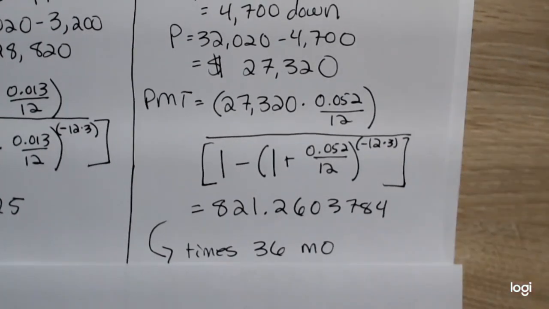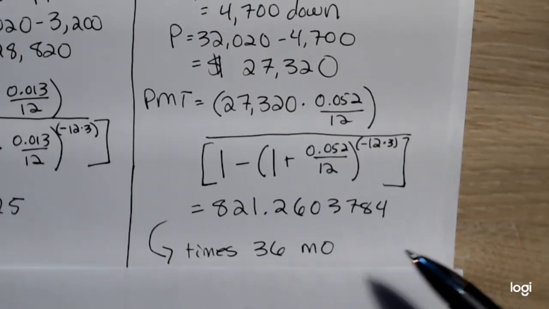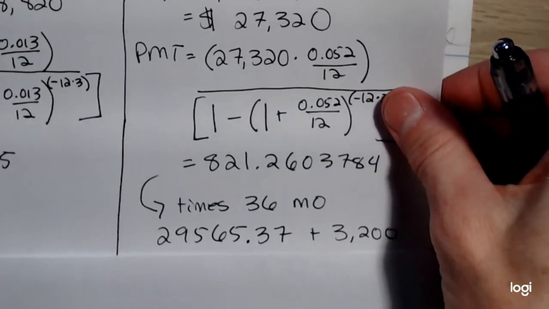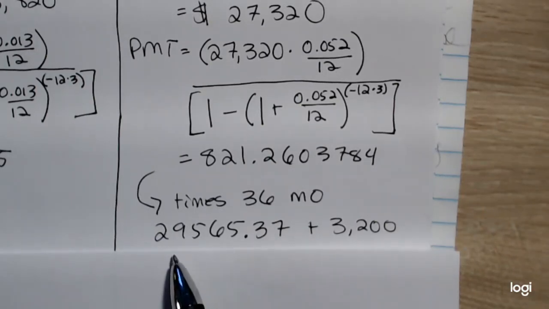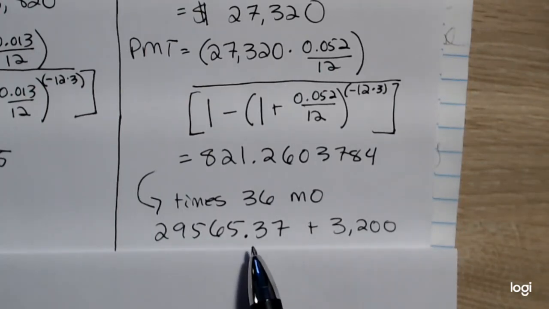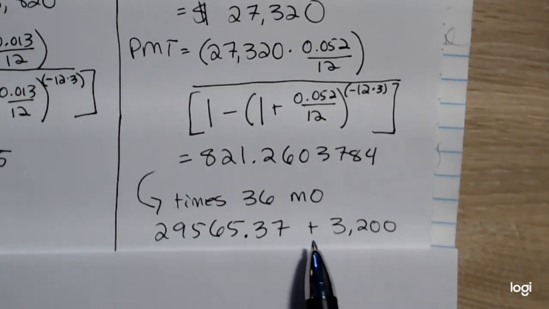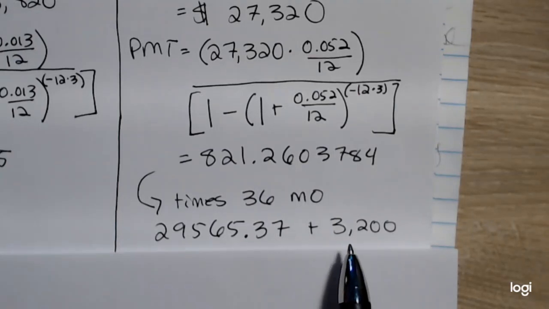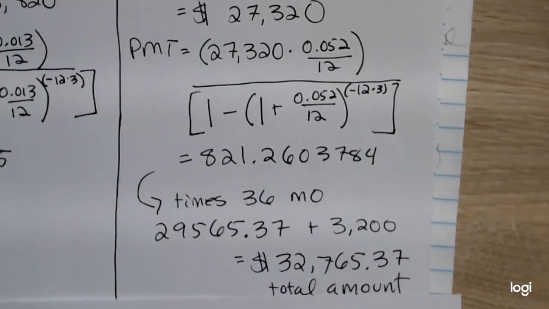And then I want to multiply that by 36 months. So under option B, without the down payment added in, he would have spent $29,565.37. But that down payment is money he did spend toward the car, so we need to add that back in for a total amount of